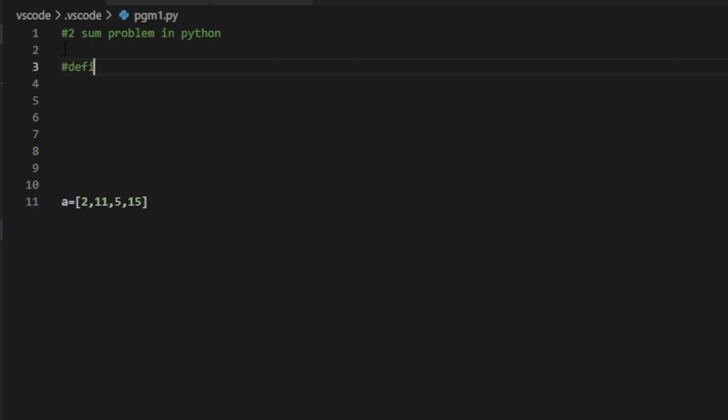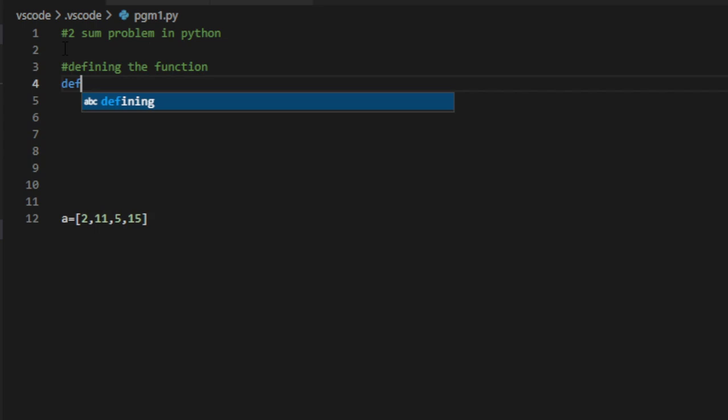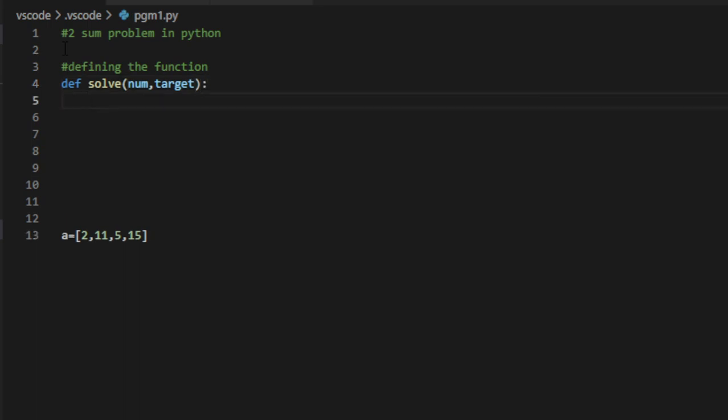Let's assign an identifier solve for the name of the function. Let's declare the parameters, that is the array and the target number.